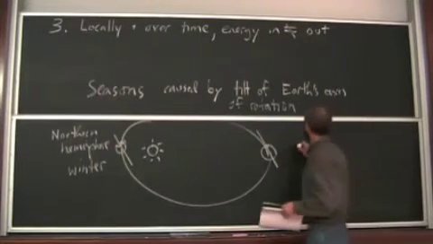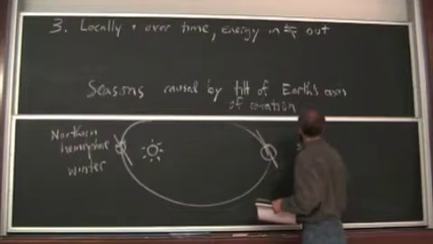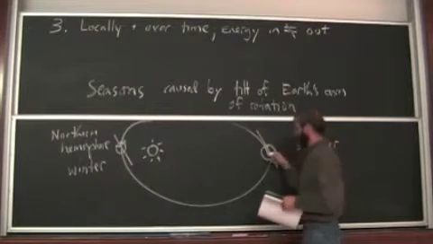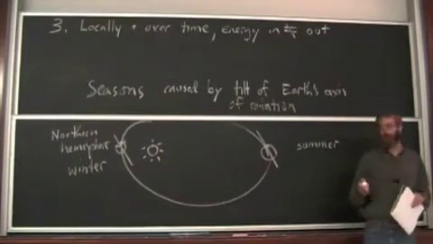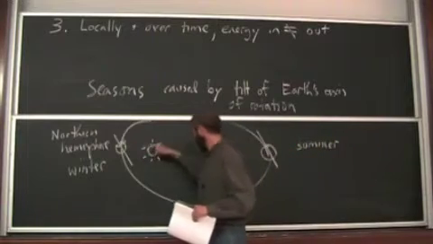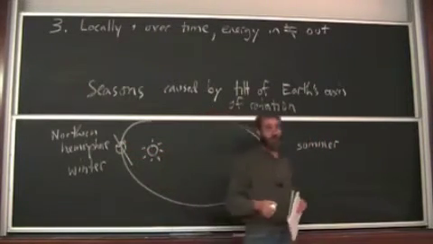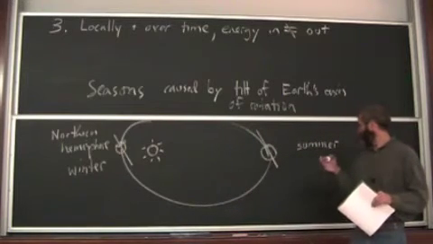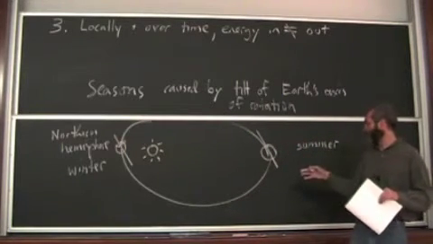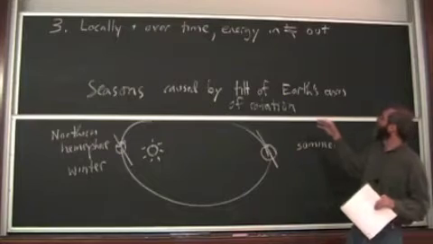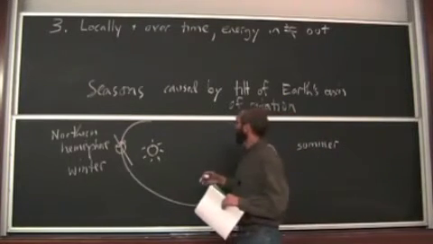It turns out that the Earth is closest to the sun when we have winter. And in the summertime, for us, the Earth happens to be the farthest away from the sun, almost. It's not exactly, but it's pretty close to the farthest away in the middle of the summer, and closest in the middle of winter. So actually, the distance from the Earth to the sun goes the other way to make the seasons.